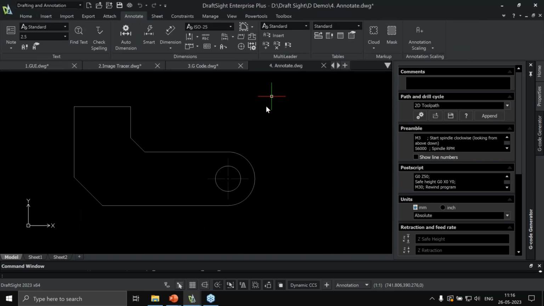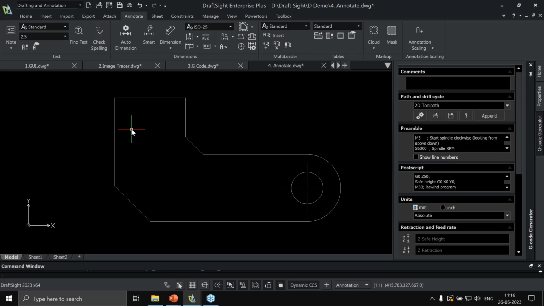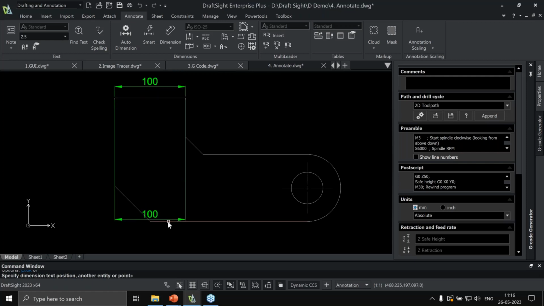So DraftSight offers a variety of tools where you will find that most of the time goes into generating detailed drawings or adding annotations or dimensions to your views, which is a time-consuming process. DraftSight offers a variety of tools to make this process very easy, starting with Smart Dimension. With respect to this tool, it analyzes what type of geometry we select and it will give